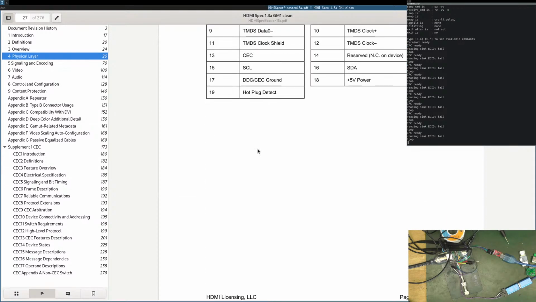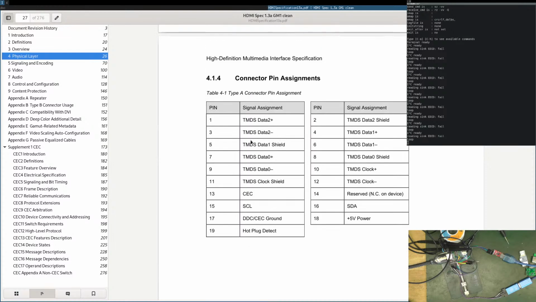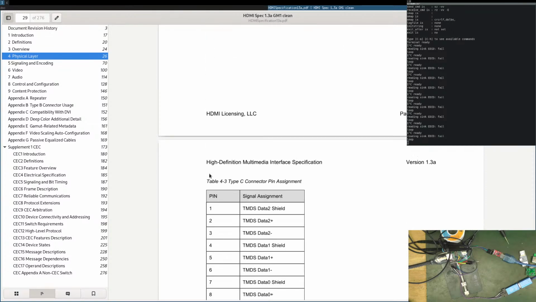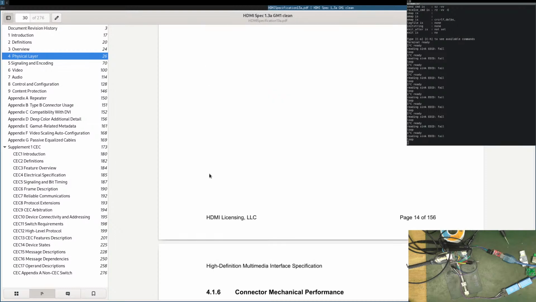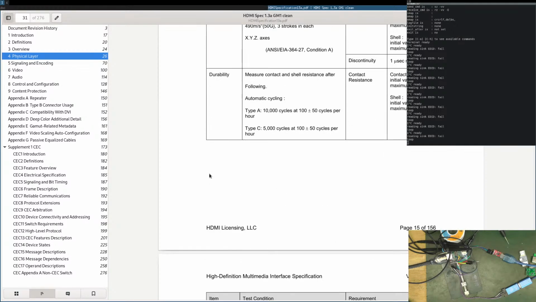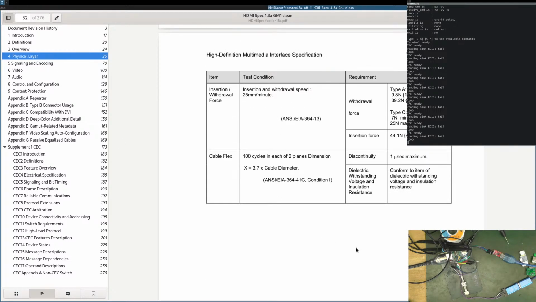Okay, where did I see? So we are using these. Where are they here? DDC. This is the ground for the DDC. Here, SCL and SDA. These are the two I2C lines. Contact sequence. Yeah, mating, vibration, track durability. Where did I see? Let's track